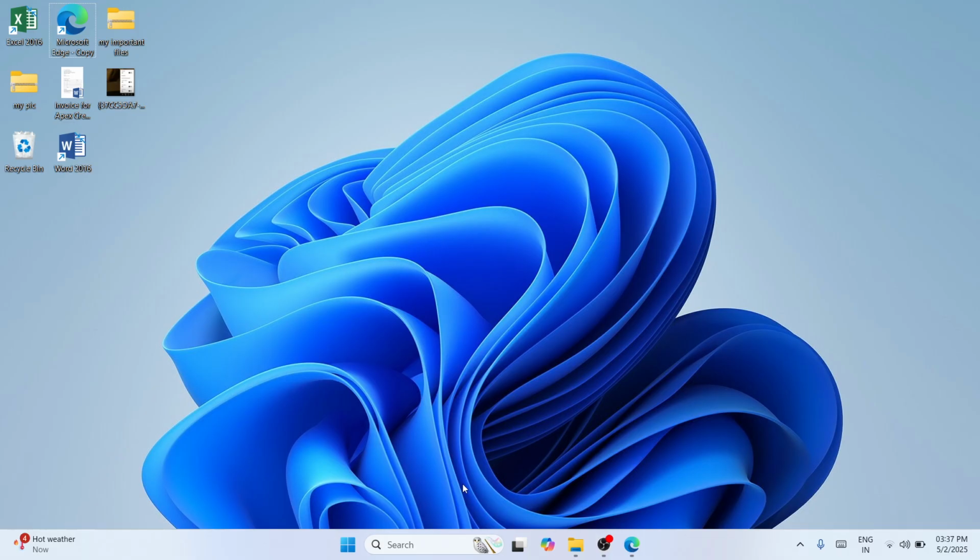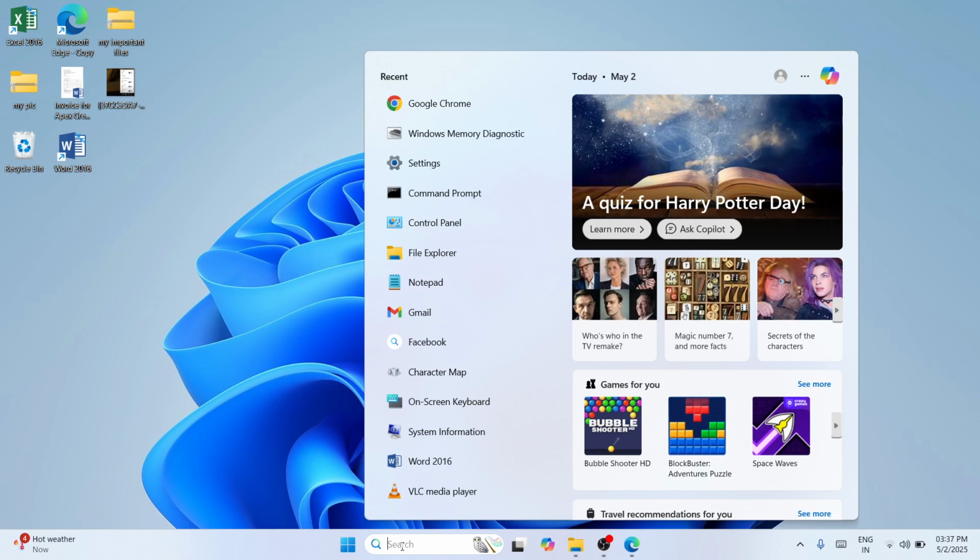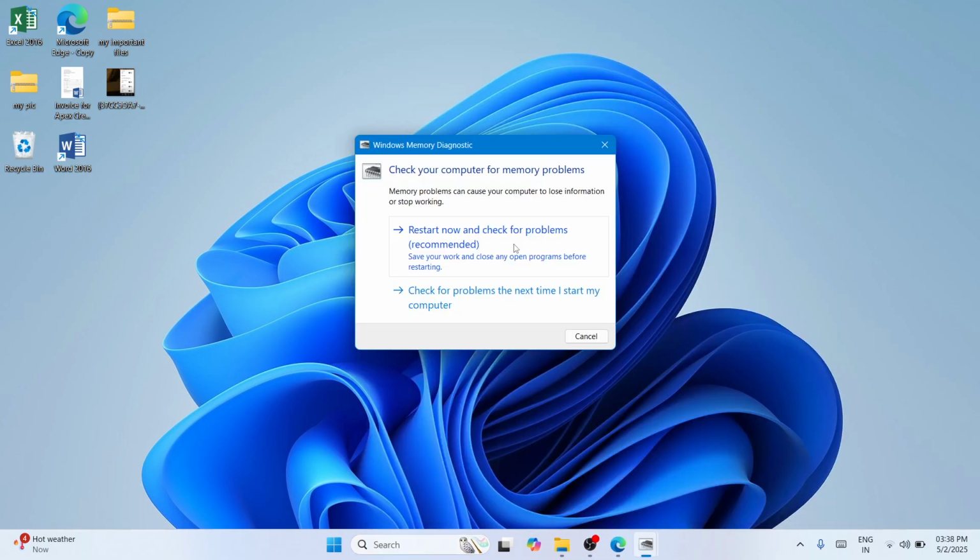The third method would be you need to proceed at the bottom search bar here, and here please type for memory and Windows Memory Diagnostic would appear. Please click on open to continue. So all you need to do is you need to click on restart now and check for problems. So restart it, and the moment you do it, complete the process and check if your problem has been